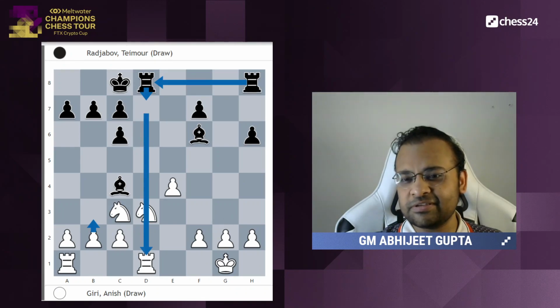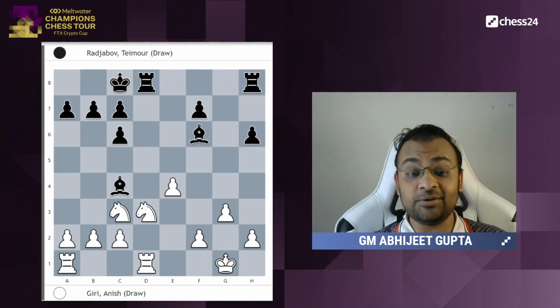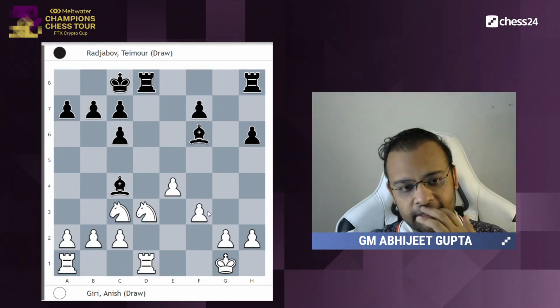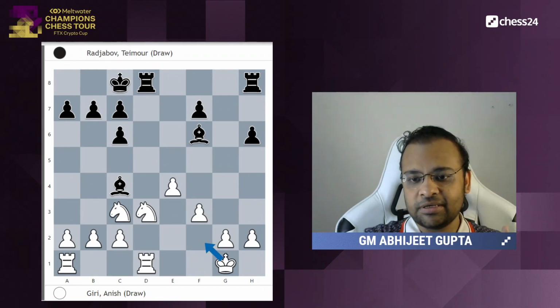Anish went for g3, which is kind of strange because this is like half a move. It's like, okay, nothing to do, let me play just g3. That doesn't happen. I think the correct move would have been just f3, which he played on the next move, and try to bring your king in. Try to exchange some pieces down the line. And with g3,